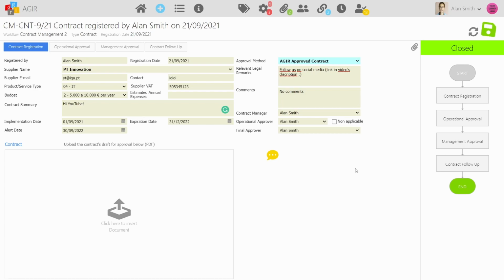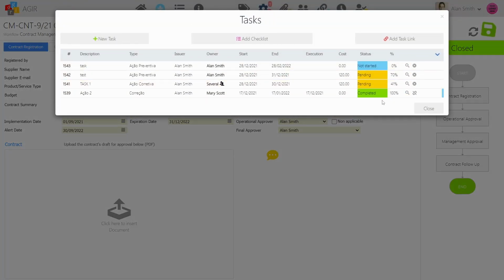My name is João and I will introduce you a new functionality of our software and explain it to you. What about this new function? We call it linked actions. It lets you associate an action to multiple workflows or processes as a task that can be executed or adopted in more than one process.